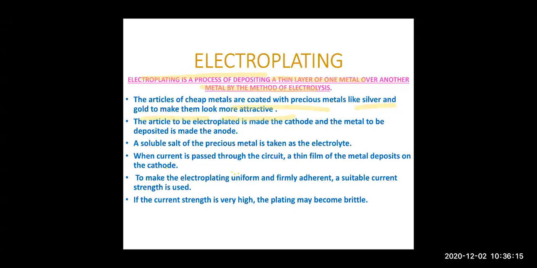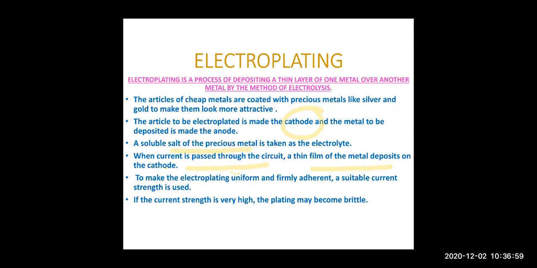And the article to be electroplated, जिसके ऊपर आपको plating डालनी है, that is made cathode, and what is to be deposited, that is put on anode. Right? For example, you are having a jewelry which is to be coated with gold. So gold you will put on anode, and the jewelry you will keep at cathode. Right, children? So this is your electroplating. So in electroplating, the solution in the beaker, in the voltameter, will be of the precious metal, that is, of the gold. Right? Now when current is passed, a thin layer gets deposited on the cathode where you have kept your imitation jewelry.